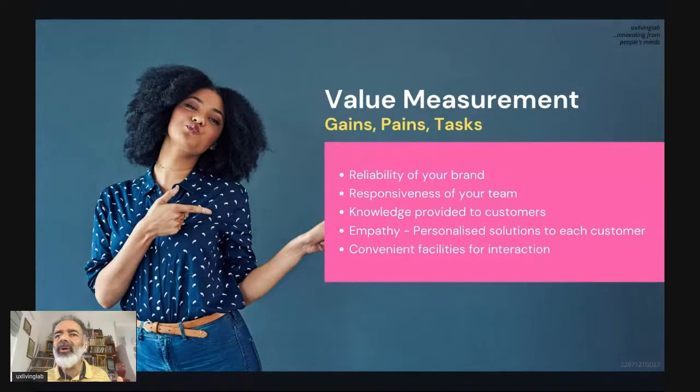Otherwise, why should you use Apple? Just think about it, there are a lot of phones available at less cost. So why should you use Apple? Okay, so these are the points where we have to measure the value. You have to measure the value of your brand continuously. This is a very important thing to get sustainable, continuous information about your brand as well as